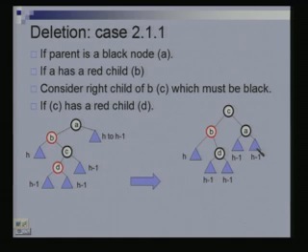So, it has now a black height of h minus 1. This guy is this, so it has a black height of h minus 1, and this one is the very first one, so it has a black height of h. Now if you look at the black depth of the external nodes, these guys will have a black depth of h plus 1, these will have h minus 1 plus 1 plus 1, h plus 1, h minus 1 plus 1 plus 1, h minus 1 plus 1 plus 1. So, the black depth of all the external nodes are the same. So, that thing is taken care of.